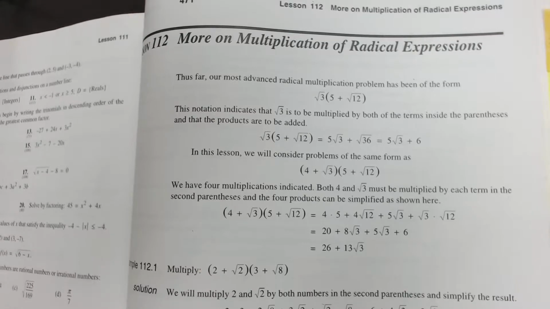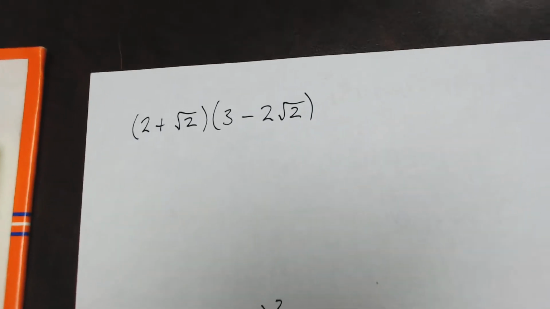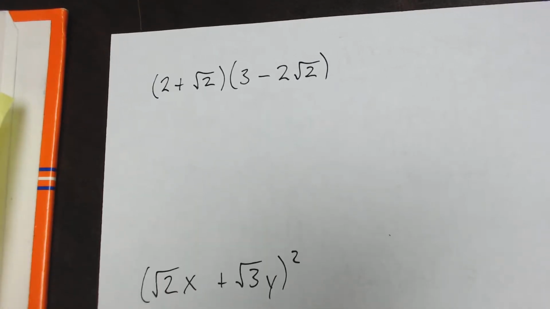Algebra 1, Lesson 112, more on multiplication of radical expressions. We're going to be doing multiplication of radical expressions using FOIL. If you remember, FOIL stands for